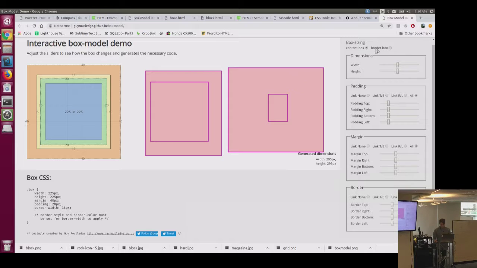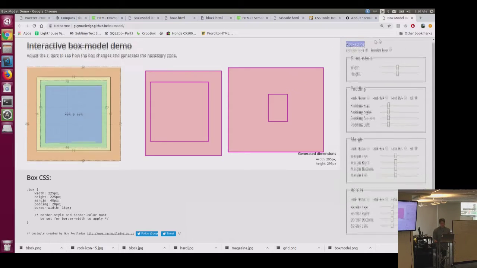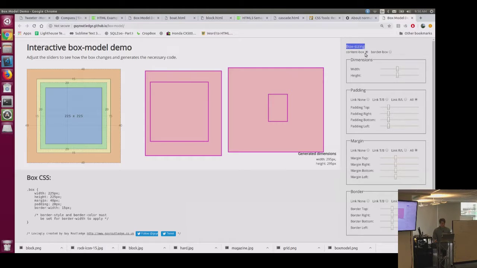and that's called border box. So the default box sizing for our elements is content box, and that's the one we're looking at here, where the total size of our box is the content plus the padding plus the border size. But if I go border box,